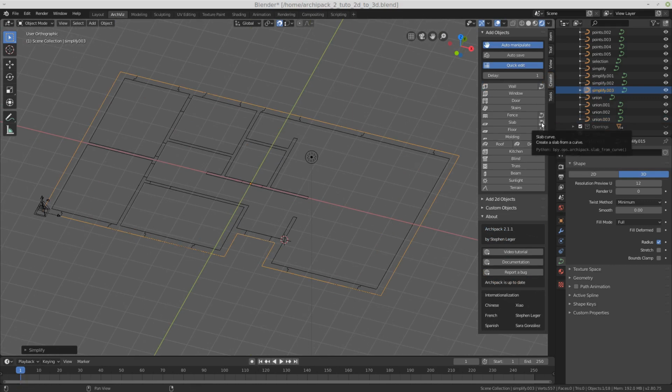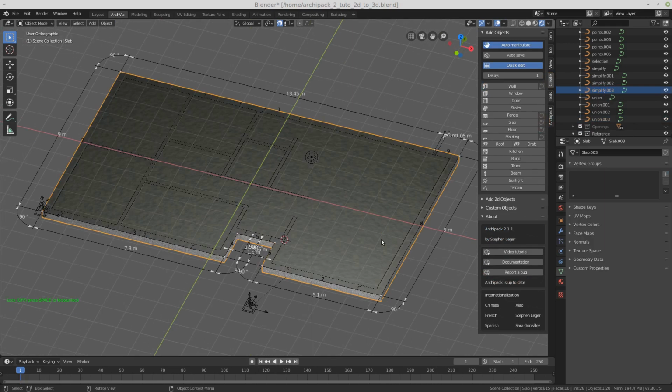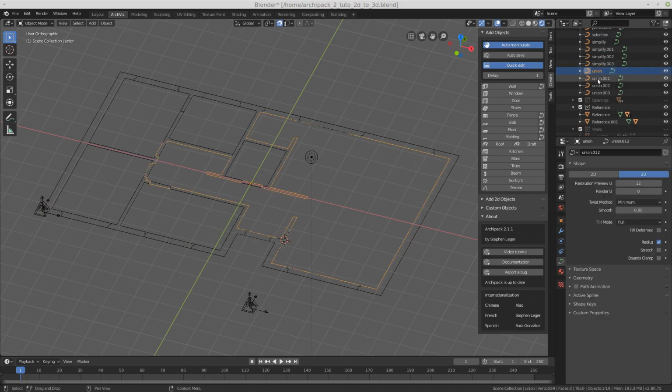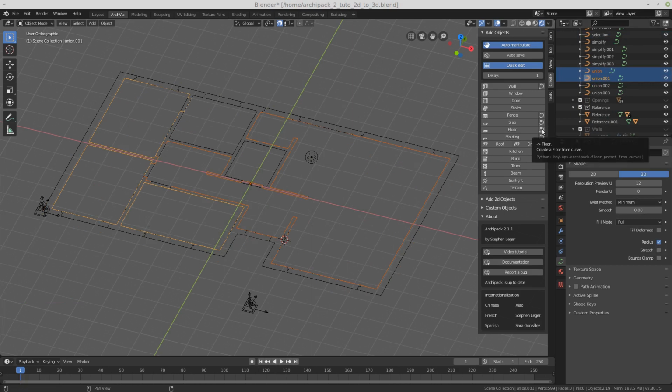So slab from curve, and I will hide this one. Select another one. The first two here are the floors. So floor from curve.